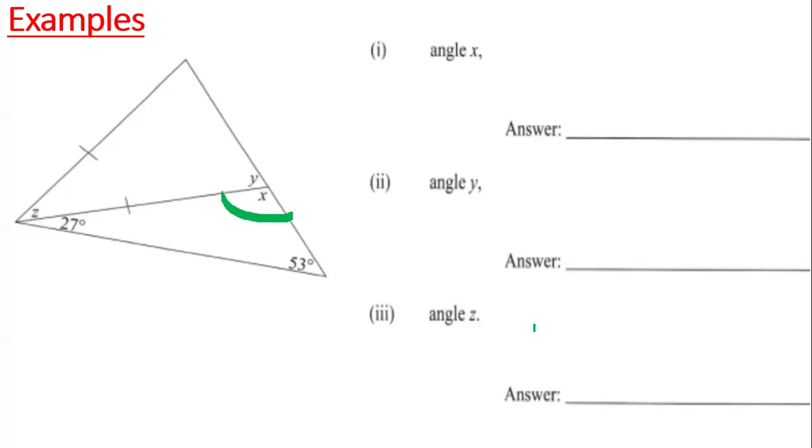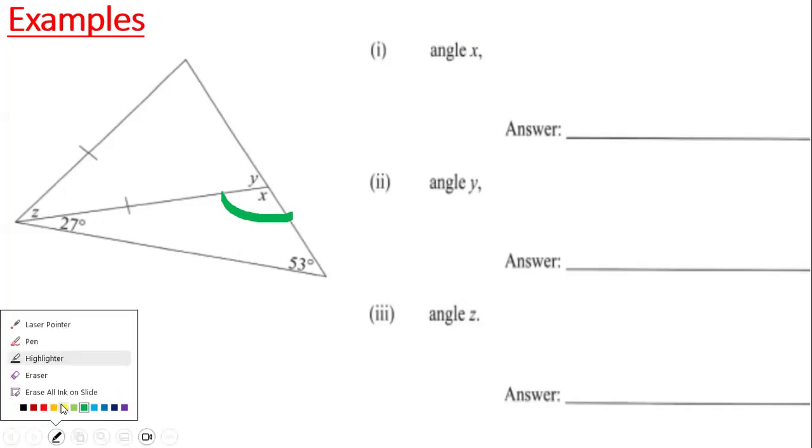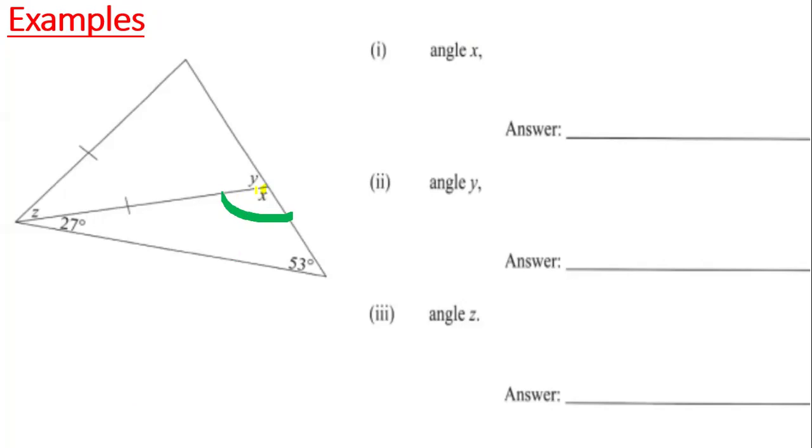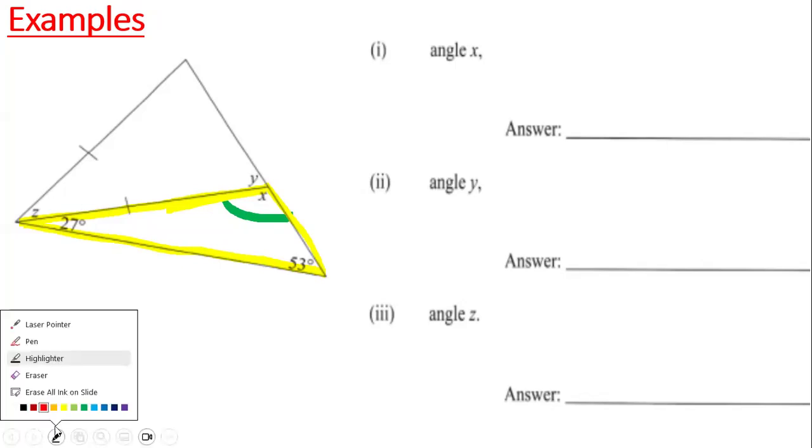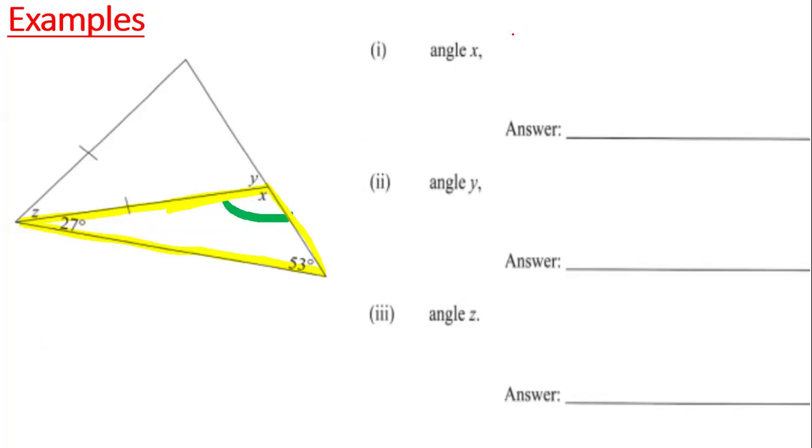She's absolutely correct. So in order for us to get angle X, notice that we're dealing with a triangle. This angle is inside of this triangle. If we look at this triangle, we have 3 angles: X, 27, and 53. Based on our rule, they should add up to 180 degrees. And so the first thing we're going to do is first add